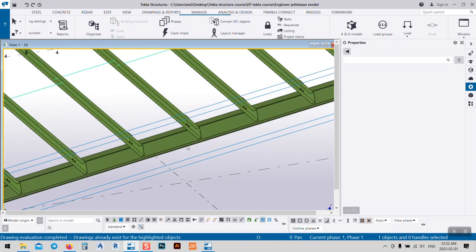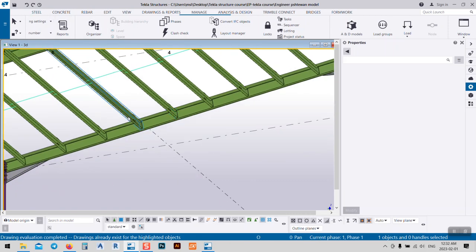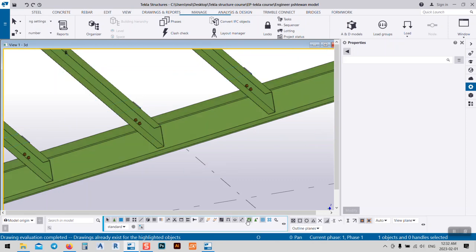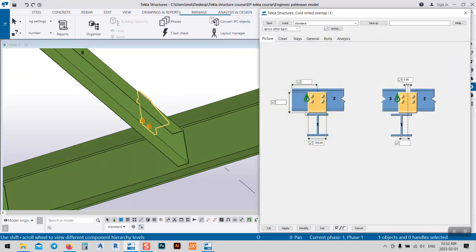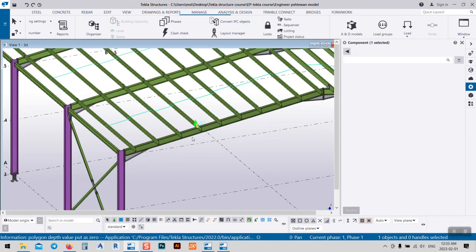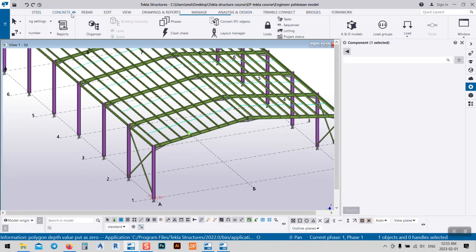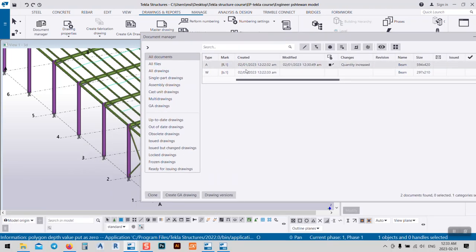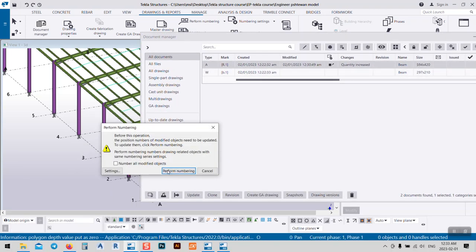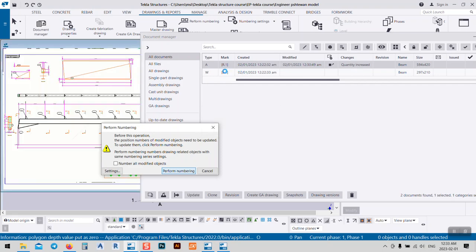But if I come and change something, for example, I want to change this connection here. Just go to the properties, and instead of 150, I want to make it 200. So just modify this one, okay. And after that I will go to the drawings and reports, drawings. If we look at here, you see, if I go to R1, I have to perform numbering. Just look at here,